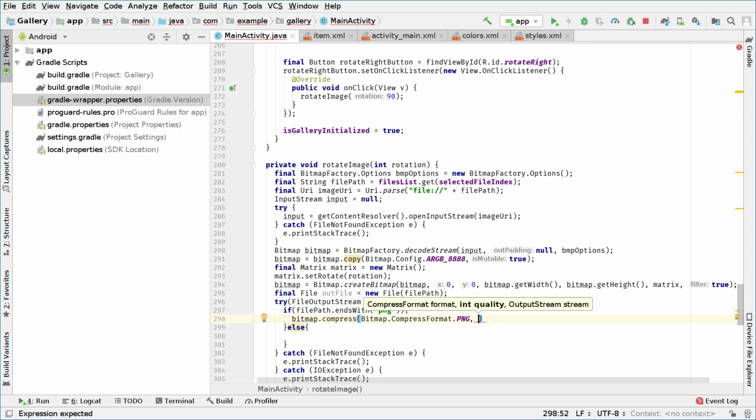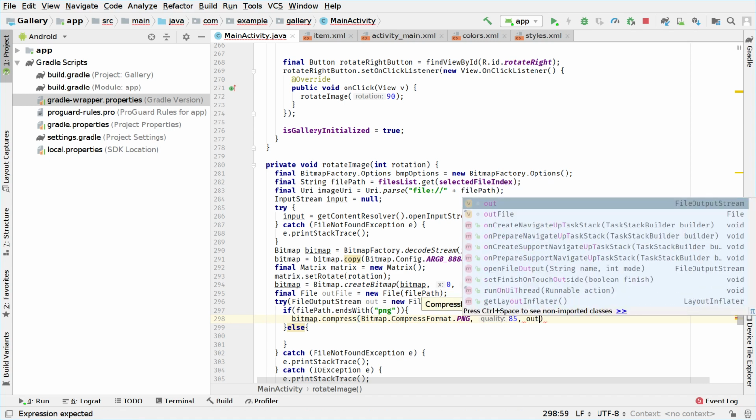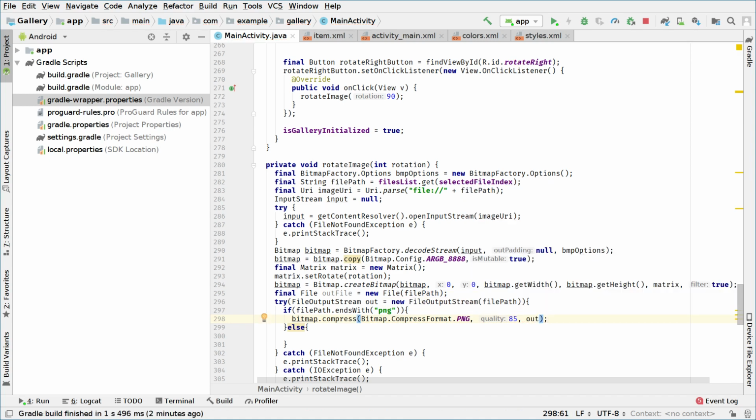This can be 100% if you want, 85, 90. It really depends on your app. If you want to preserve the whole quality, you can go with 100, but for now, I think 85 is okay. It really depends. You can change that value later to test, and we will pass out as the compress